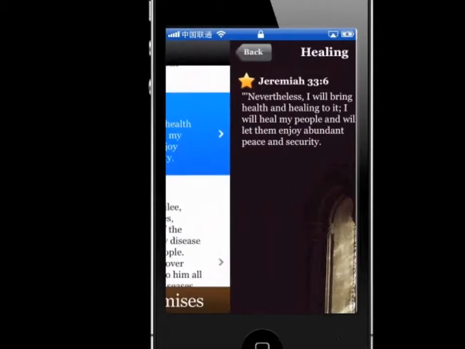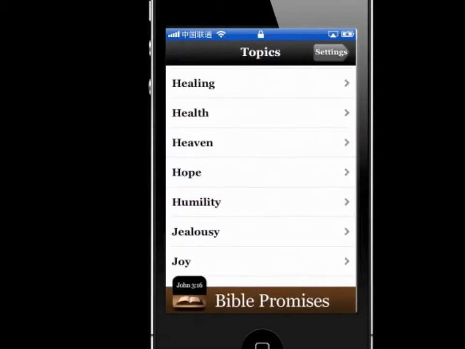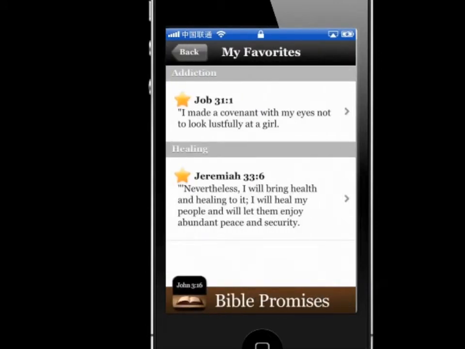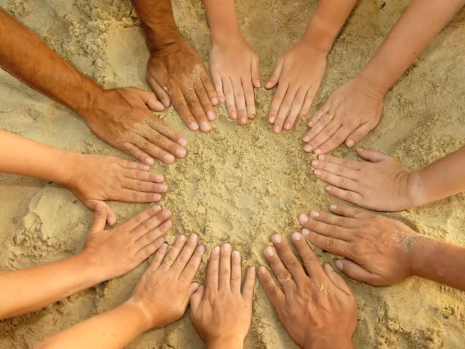And let me go back now. Let's go back to the main menu to take a look at the list of my favourites. Tapping here, I can see all the verses I've added, sorted by different categories. So when we started Bible Promises in 2009, we were a new startup company and we were creating